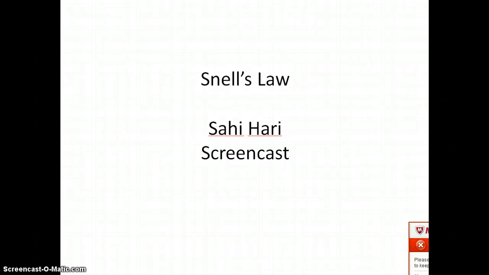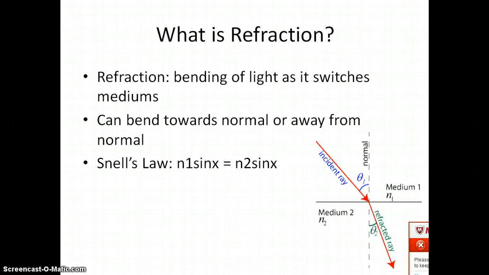So today I'm going to be talking about Snell's law, which is closely related to refraction and what we've been studying in class for a while. First thing to consider when looking at Snell's law is what is refraction? Refraction is the bending of light as it switches mediums, which causes a change in speed as it moves between the two mediums. For example, if light were to pass through the air and into the water, because of the change in speed of the light ray as it passes through these two mediums,